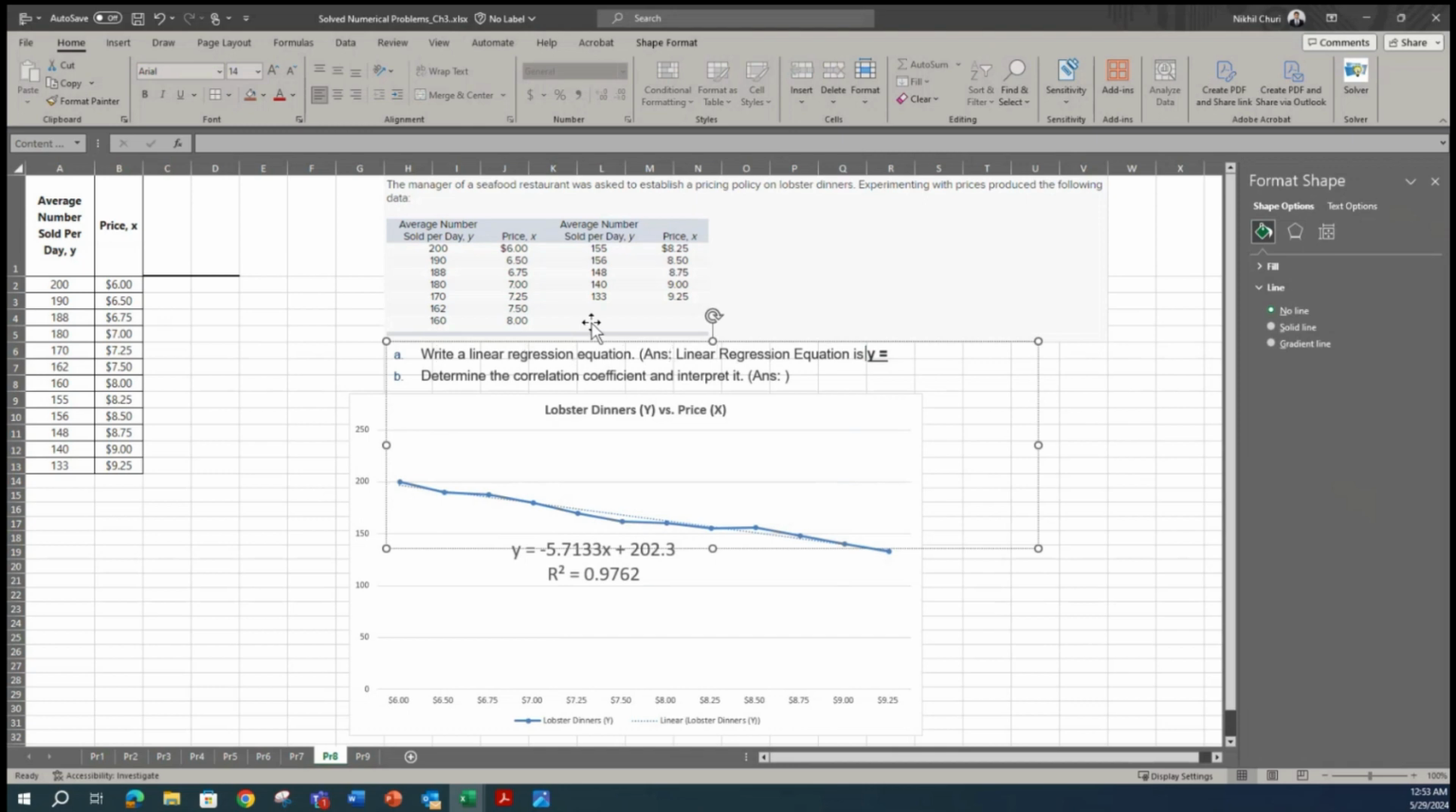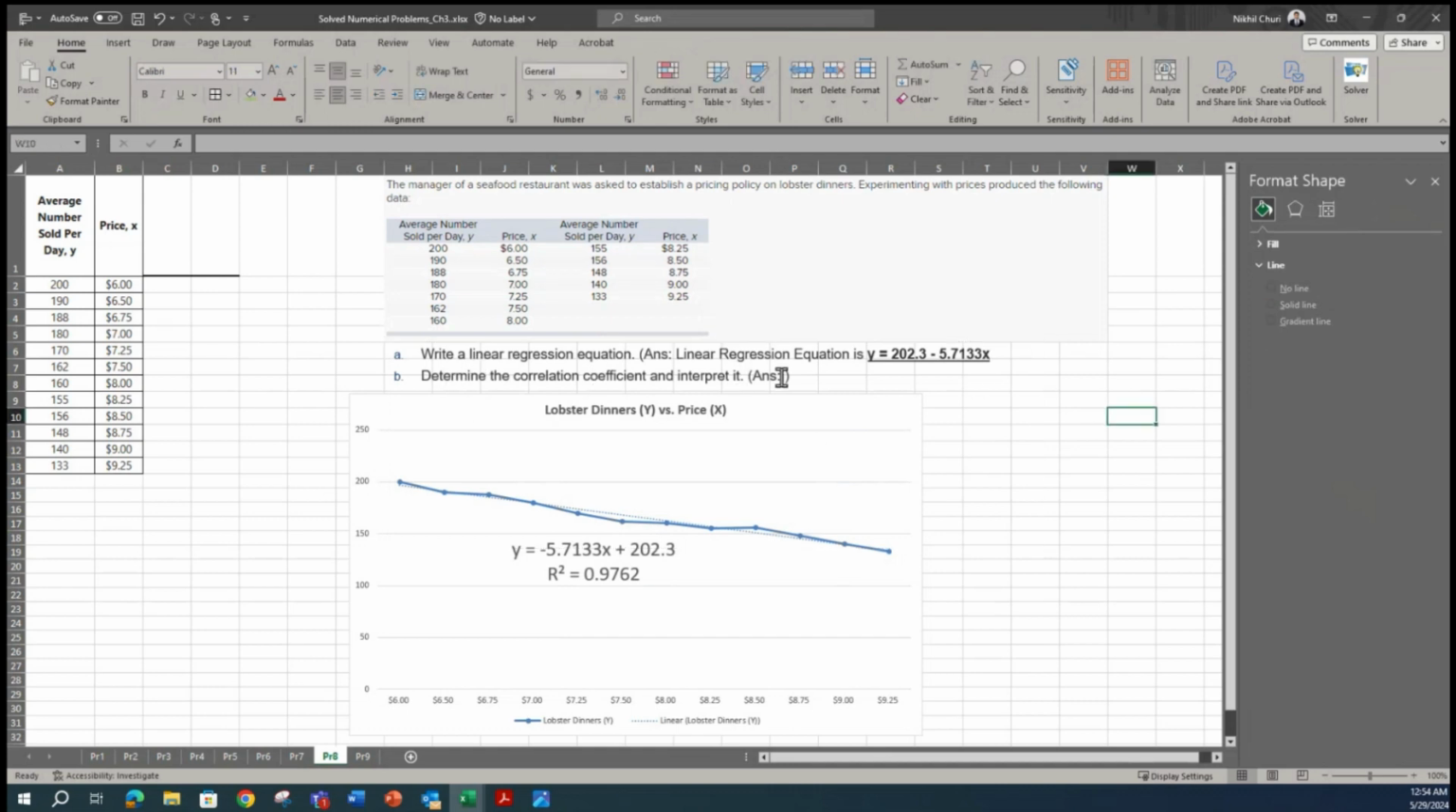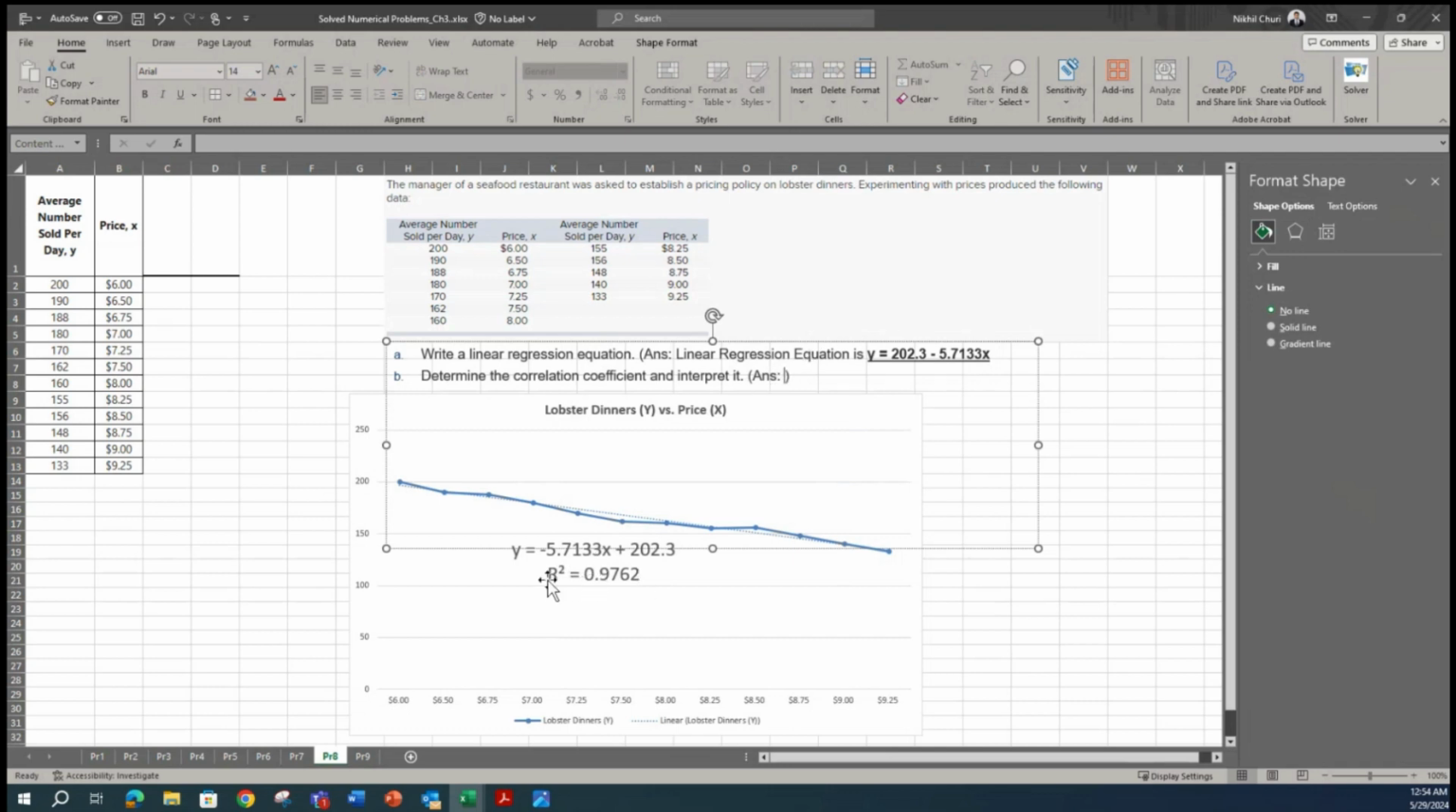So again, the inference. Let's actually type this in. The linear equation is y equals 202.3 minus 5.7133x. So that's my equation, and that's your first answer. For the second answer, as per the theory, the closer R squared is to 1, the higher the level of confidence, and close to 0 you have the least level of confidence. In this case it's very close to 1, so I will strongly say that